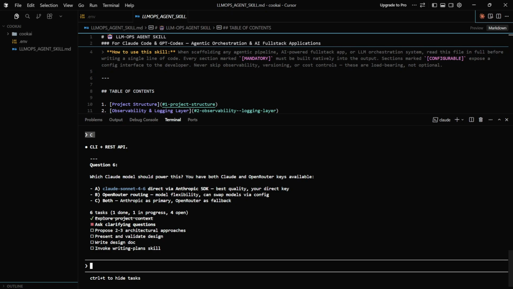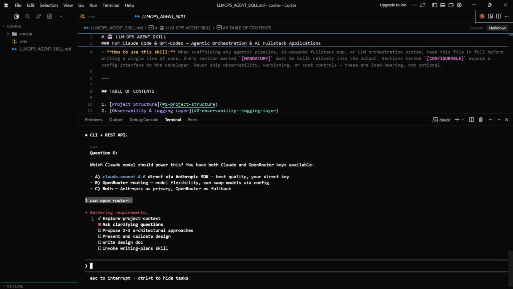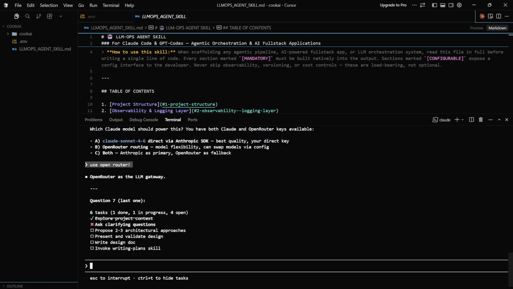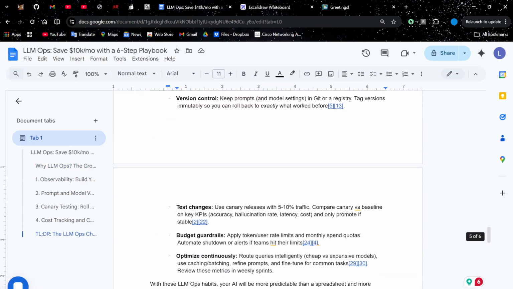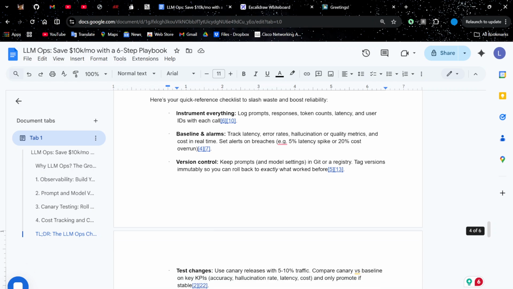What Claude model should power this? We have both Claude and Open Router keys available. Use Open Router. Let's say we are using Open Router. And yep, we are right now